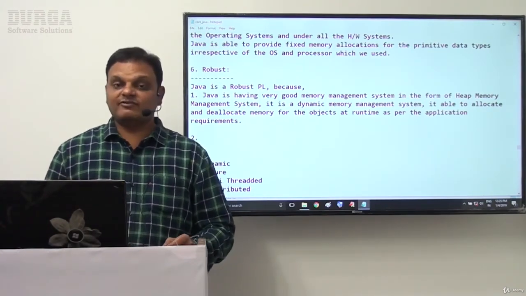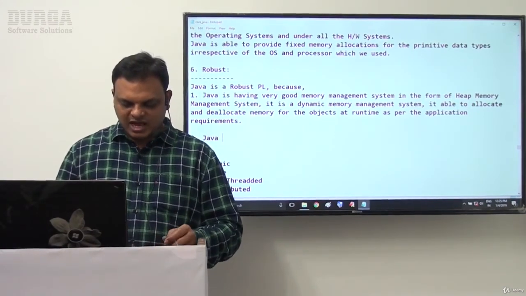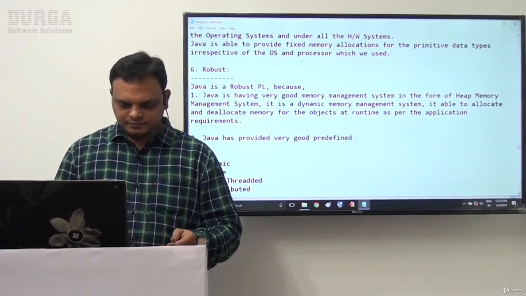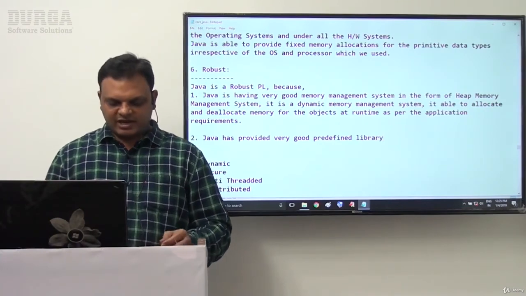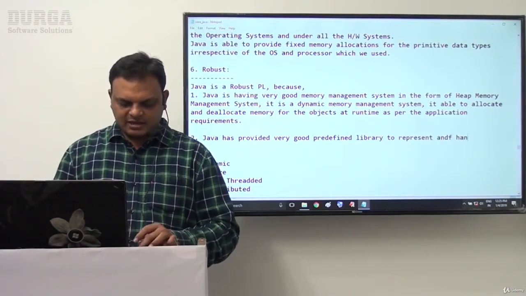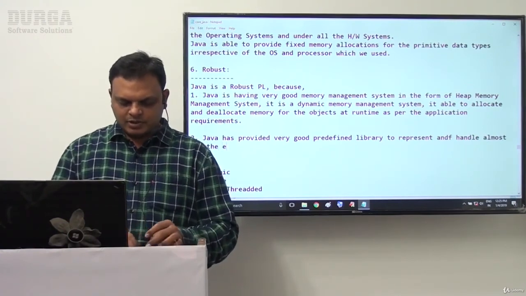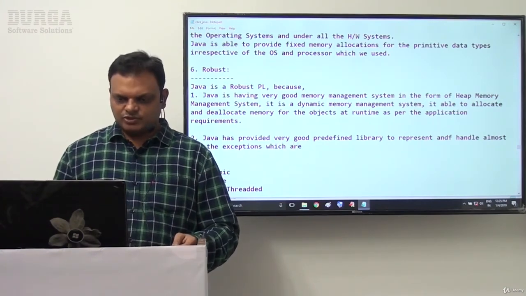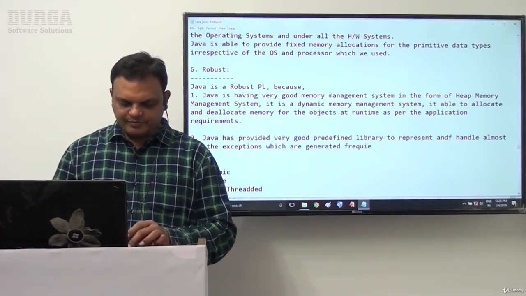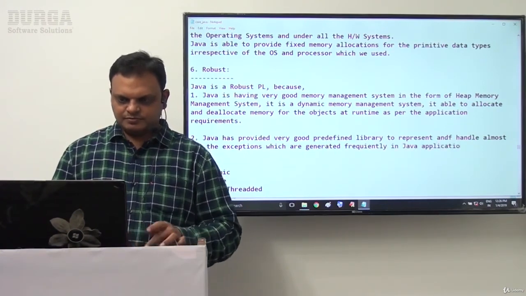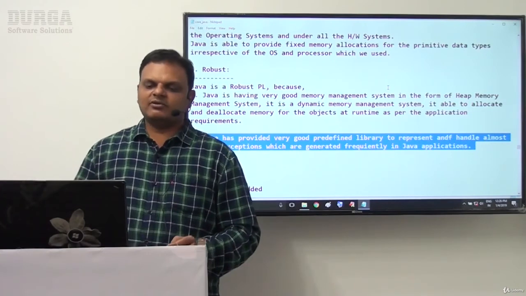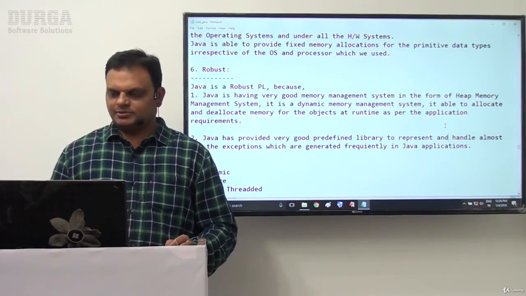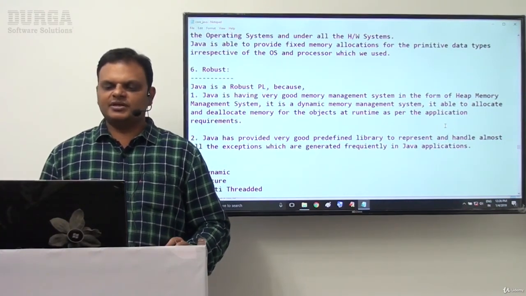Now, Java is having very good exception handling mechanisms. How can I say that? Java has provided a very good predefined library to represent and handle almost all the exceptions which are generated frequently in Java applications.